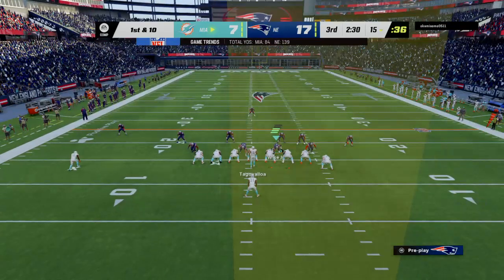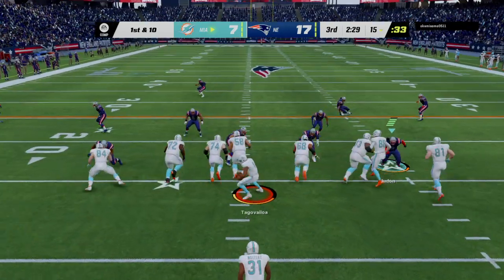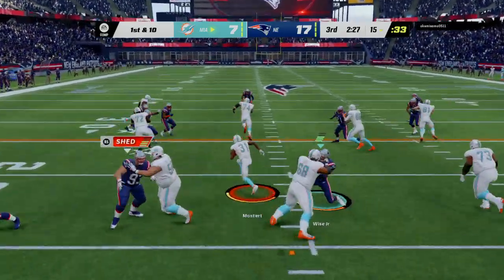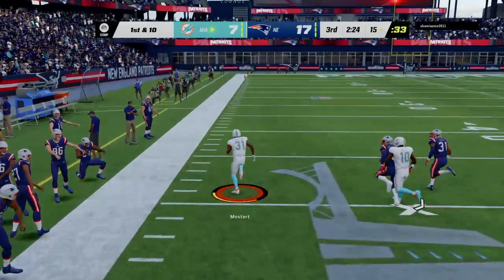The Dolphins at the line ready for their next drive. And we'll see if they can bounce back from that last drive. In particular, if they can bounce back at the quarterback position, Charles, after throwing their first interception of the...